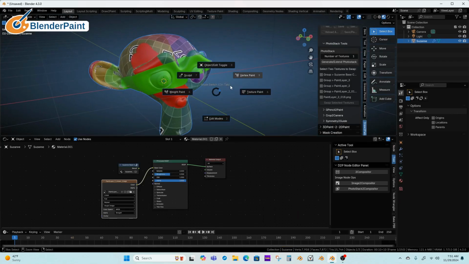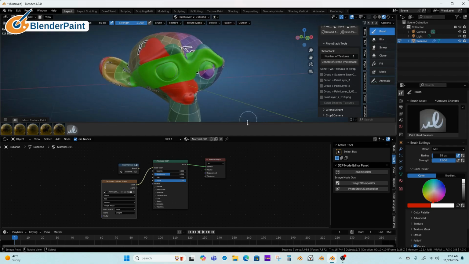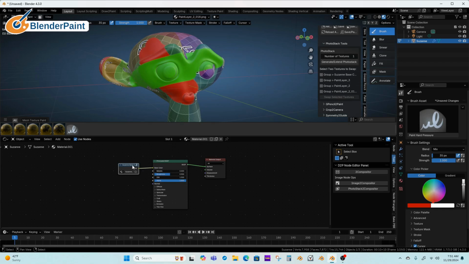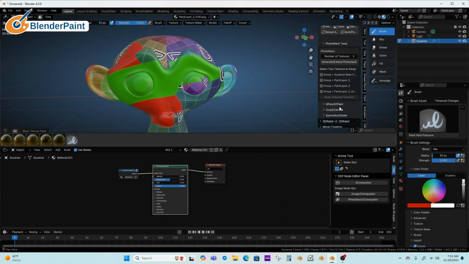The nice thing about that is that there's a little bit more control, and you can get the output you want. You still got your stack here. So however you want to work. And so I've got this set up